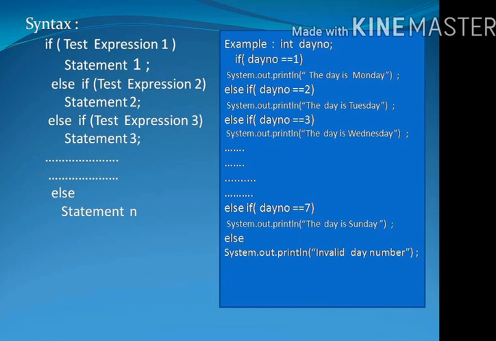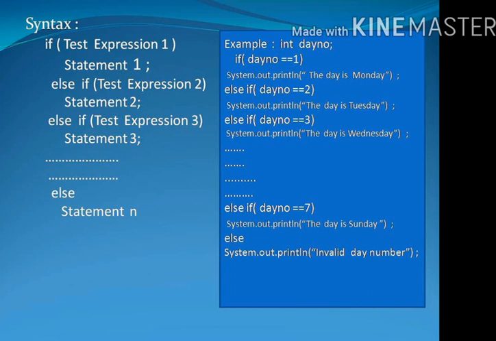But if test expression 2 is false, then test expression 3 is evaluated. And if test expression 3 is false, then the program control searches for test expression 4. If all the conditions are false, then it directly executes the else statement.